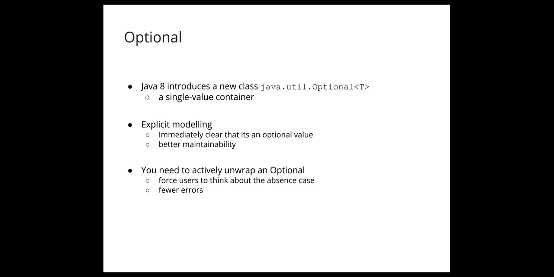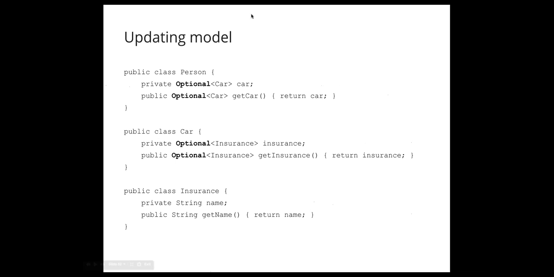The benefit of using Optional is that you get explicit modeling. When you model, you can make something optional. You know that it may or may not have a value. So that leads to better maintainability. But even better is that to extract values inside an optional, you need to go through its API. So it's a lot less error-prone to deal with. You need to explicitly check if there is or isn't a value. So let's look at how we can adopt Optional here to reduce the scope for null pointer exceptions in our code.